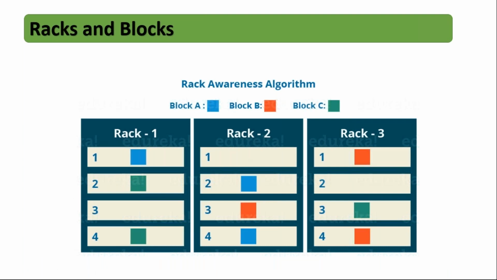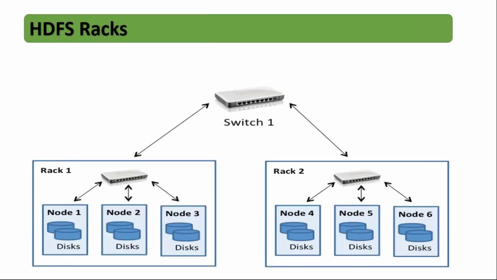So this is rack awareness. We have already introduced the racking mechanism. So whenever you are seeing more frequent failures of data nodes, though you have increased the replication factor, then go for racking, rack 1, rack 2. If rack 1 fails, you can go for rack 2. If rack 2 fails, you can go for rack 1. The failure of 2 racks at a time or 3 racks at a time or multiple racks at a time is very rare. But failure of data nodes in one rack may happen more frequently. So that is the reason you go for multiple racks.